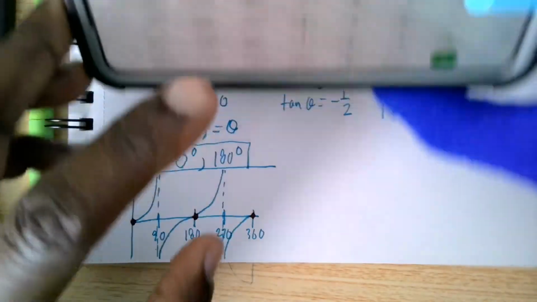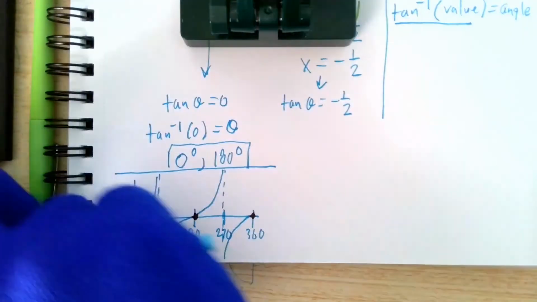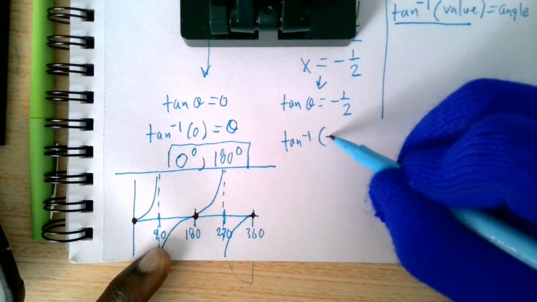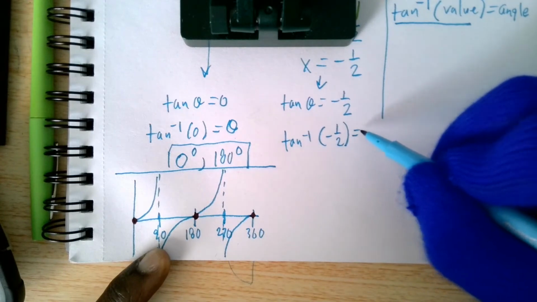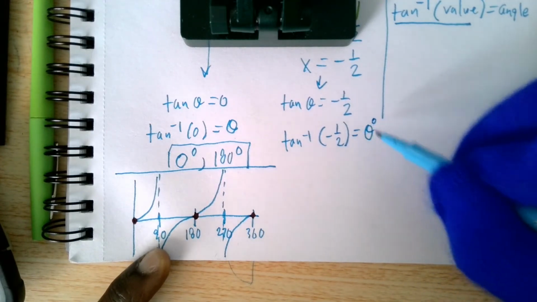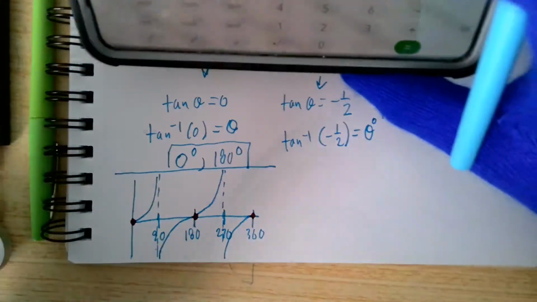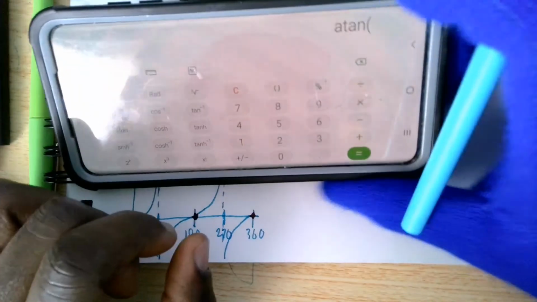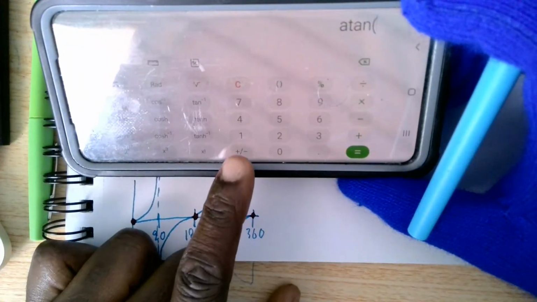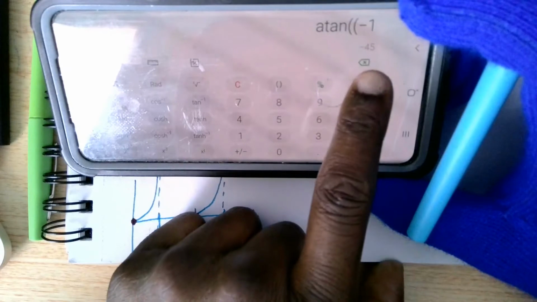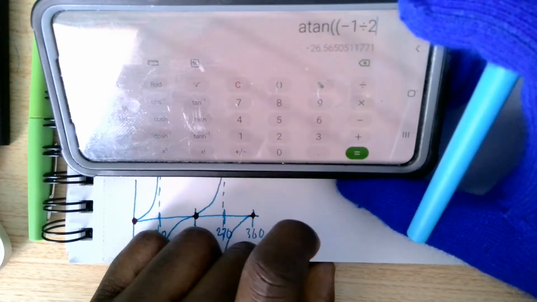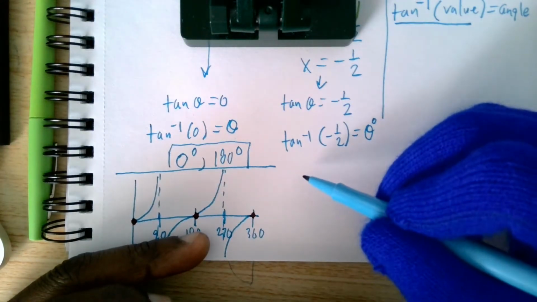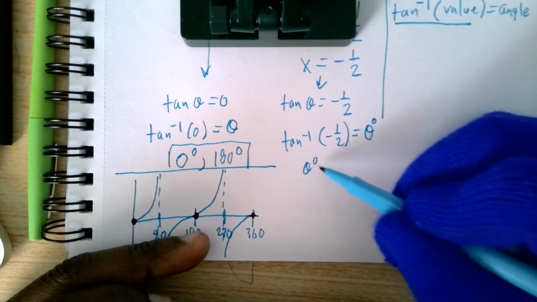So I need tan⁻¹ of -1/2. Let me write that out, because that's what we're doing. Tan⁻¹, I'm putting in the value, which is -1/2, and then it's going to spit out my theta in degrees. Tan⁻¹, also known as arctan, so you see there's a tan there, of -1/2. So I'm going to do -1 divided by 2, same thing as a half, and it gives me that angle. Awesome. So tan⁻¹ of -1/2 gives me theta in degrees equal to